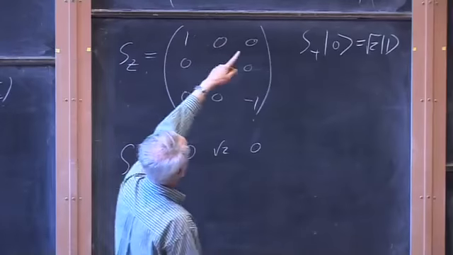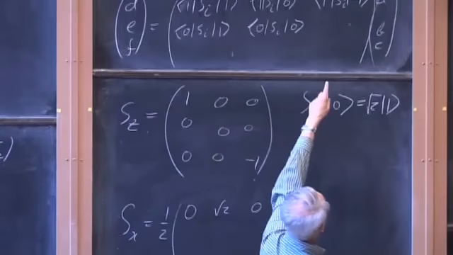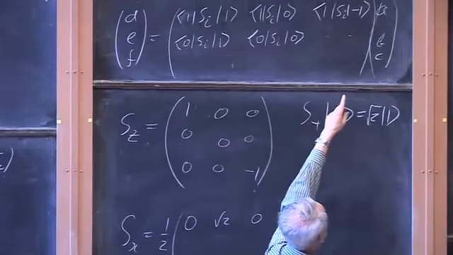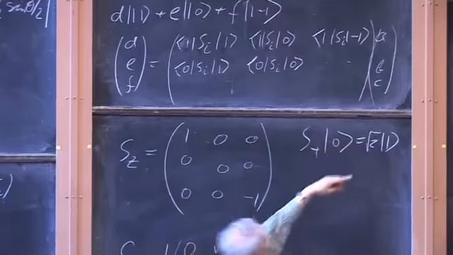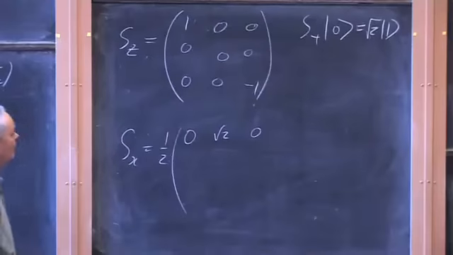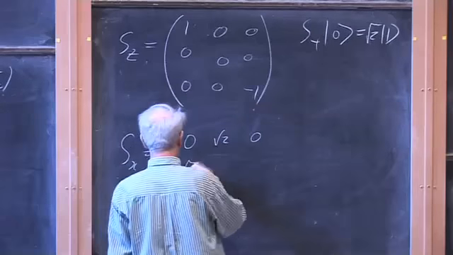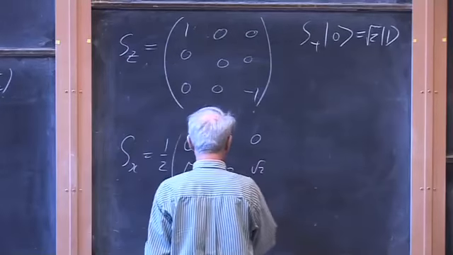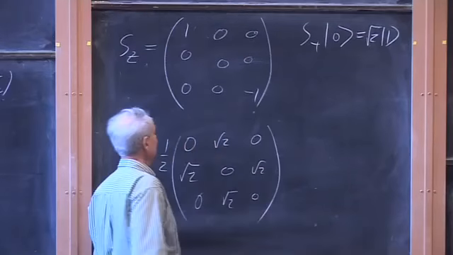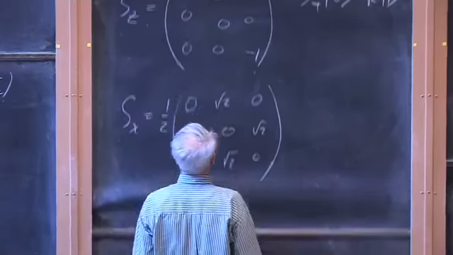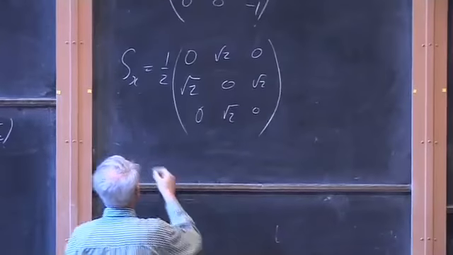We'll get nothing in the right slot because S plus can raise minus 1 to nothing, but it can't drag it all the way up to 1. And S minus, of course, kills minus 1. So we get a matrix that looks like this. And we will get for Sy